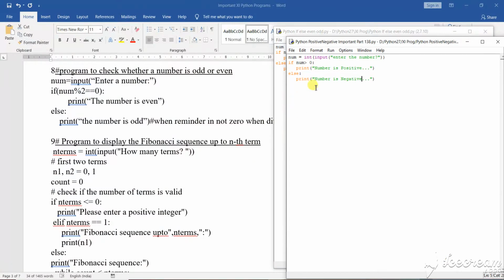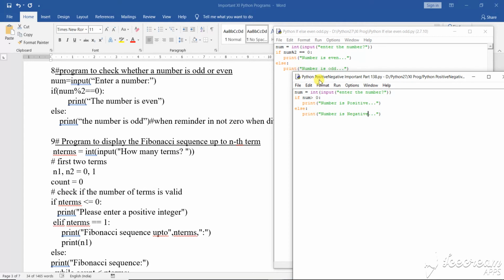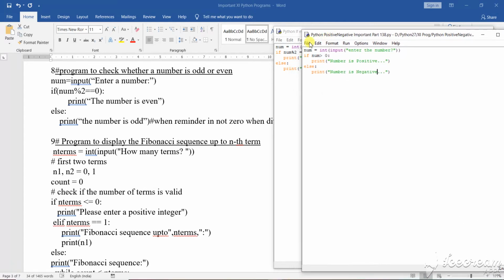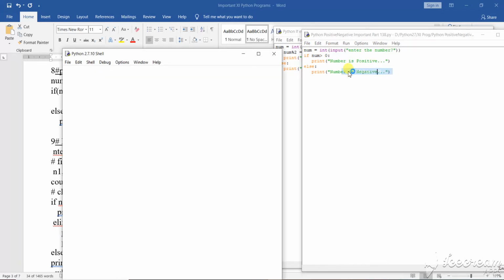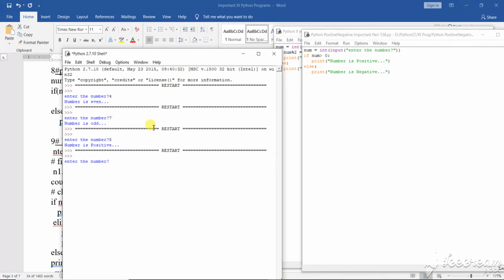See here, the program that I have made from here, that you have seen, I am copying the program from there and I have made it for you. If the number is greater than 0, then it is a positive number. If it is less than 0, then it is a negative number. Okay, so if you run this particular thing, check how the output comes.